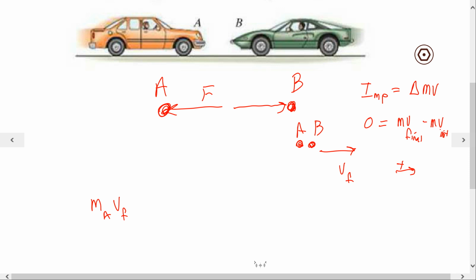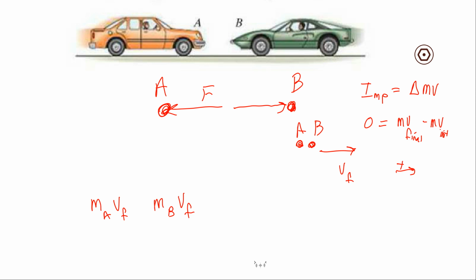How about body B? It says they're entangled. Does he have a momentum? Yes, he's got a mass, he's got a speed, right? How much? Oh, he's got a mass B times the final velocity. Is he a positive or a negative? Now, wait a minute. He was headed to the left. Yeah, but once they're together, I think they bounced back, so that should be a positive also. It has nothing to do with what they were doing at the beginning, right? This is the final. What are they doing at the end? And that equals